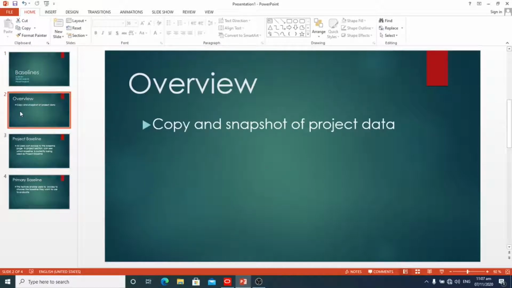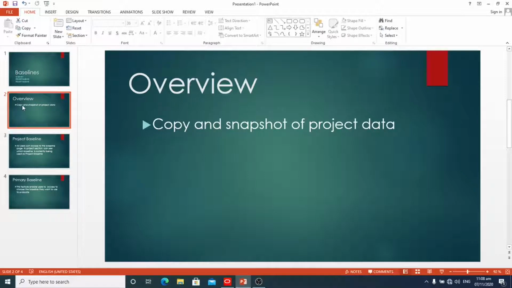A baseline is a copy or snapshot of project data at a given time, because a baseline is a static representation of the project plan. It can be used as a benchmark against which to measure performance as a project progresses. You can create multiple baselines as needed to establish metrics throughout the project lifecycle. Typically, you would want to create an initial baseline once the project plan is approved. Then you can create additional baselines according to your organization's requirements. For example, you might create new baselines at specific reporting intervals.